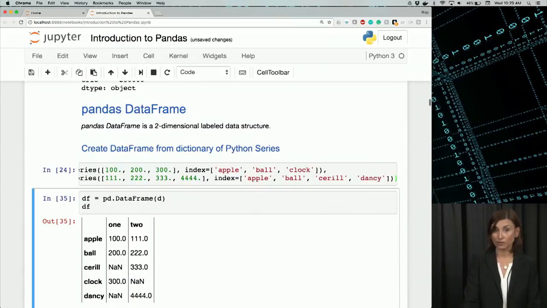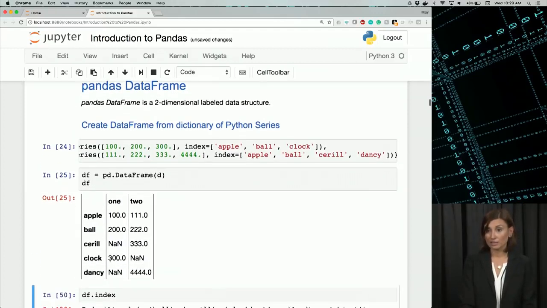So I'll go ahead and run this. Now that we have a dictionary, we can load this data into a data frame called df. We'll type df equals pd.DataFrame. In parentheses, we'll give it as an input the dictionary that we just created, and we'll just display the contents of df. So if I run this, I'll see that